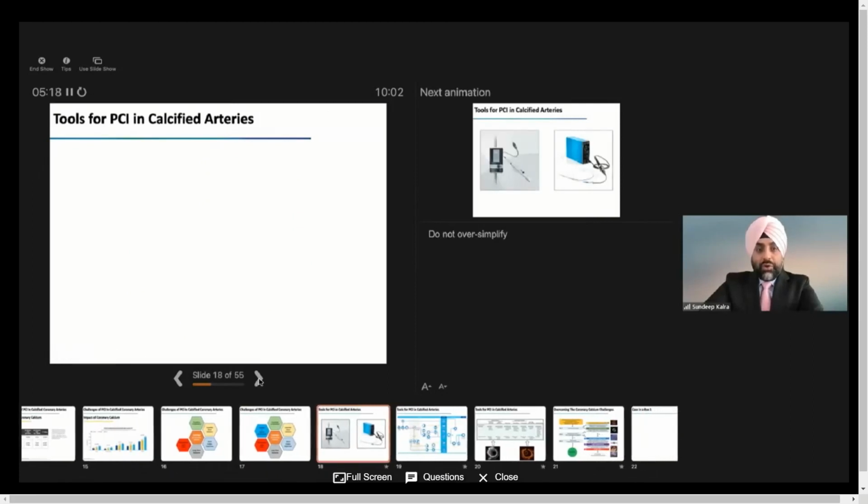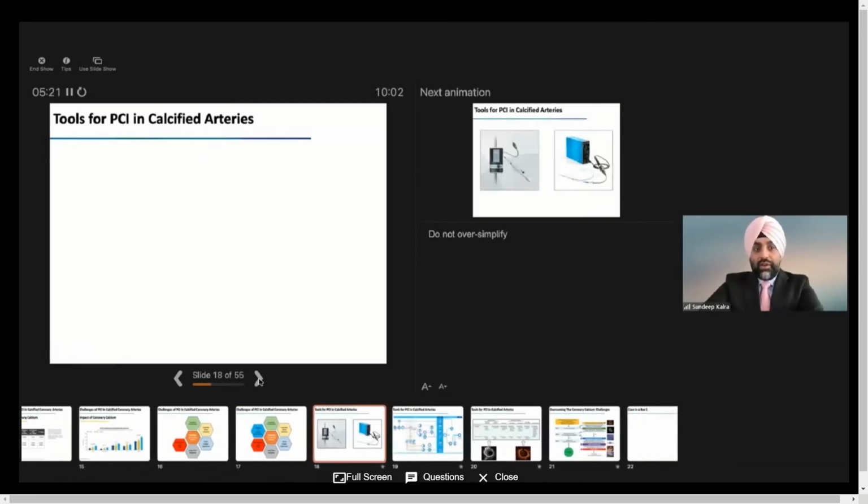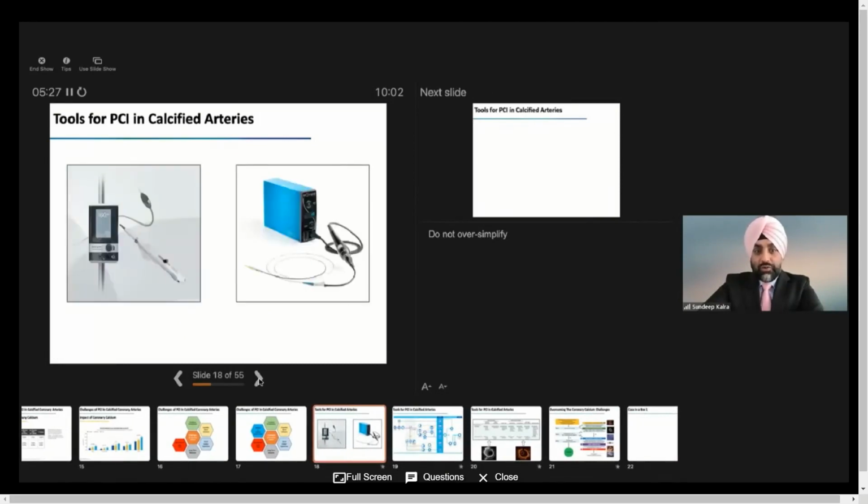So if we talk about the tools available to us in 2021 for treating calcified vessels with PCI, I think it'd be an oversimplification just to talk about rotational atherectomy and Shockwave. These are the vogue tools that we'll talk about now, the RotaPro from Boston Scientific and the Shockwave balloon from Shockwave Medical. And this is what we could end up talking a lot about, but this would be a gross oversimplification and not the only things that we have available to us to be able to treat and optimize